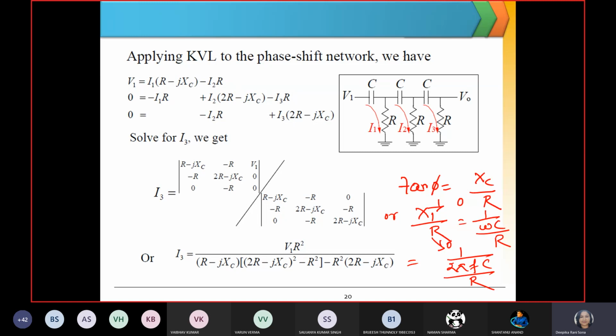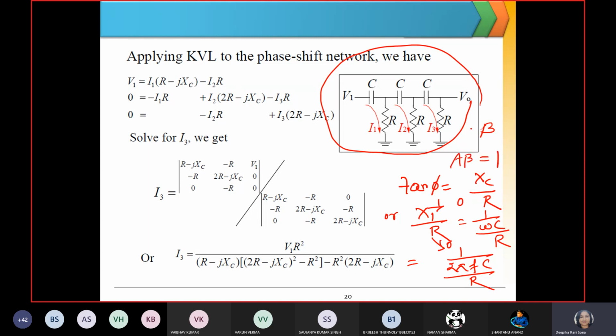So we cannot use only 2 sets of RC network. We have to use 3 sets of RC network to meet the criteria of 180 degree phase shift. This is the function of the beta network, guys. This is not the entire op-amp circuit. You remember, this is part of the feedback network, beta network only. By examining or verifying the concept of this part of the beta network, we are going to derive that A beta should be 1.